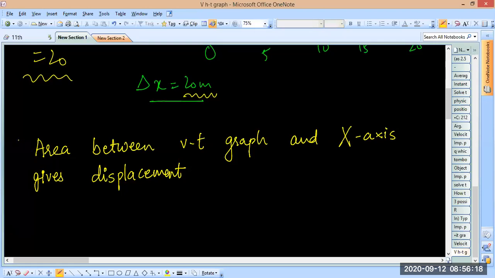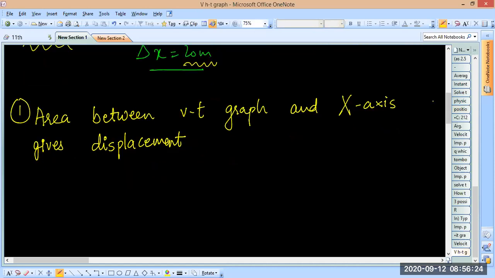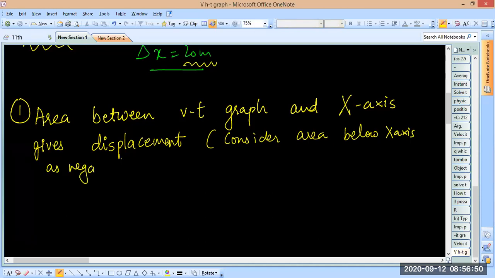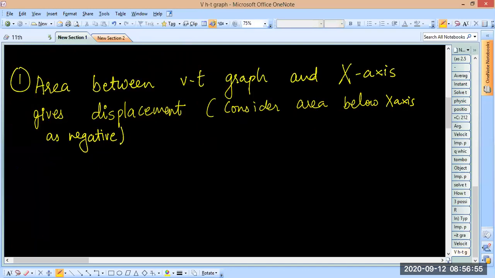Okay, we are actually going to write two sentences here. This is first. Area between VT graph and x-axis gives displacement. And in the bracket write this as follows. Consider area below x-axis as negative. Okay, so that's what we have to write. I will explain this, don't worry about that. Second,